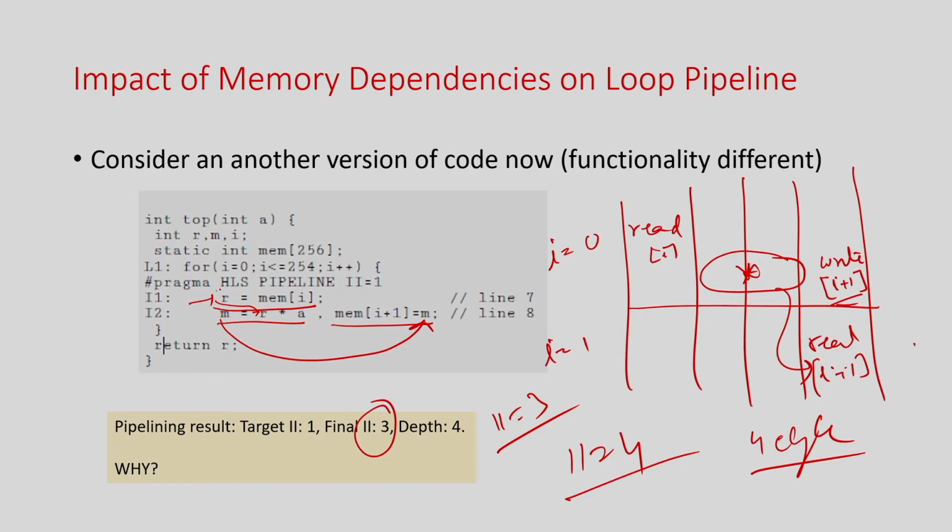We should at least be aware that if the code is like that, applying pipelining does not make sense in certain cases. For example, here the II can only be 3, not 1 or 2, and in the previous case the best initiation interval achievable for loop pipelining was 2. So once we write our code and apply the pipeline pragma, we have to be careful, or at least aware, whether pipelining will help or not.